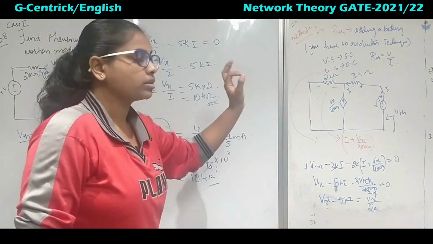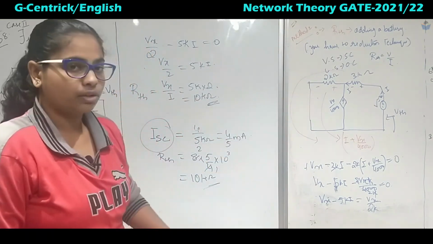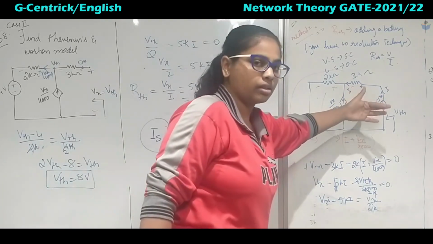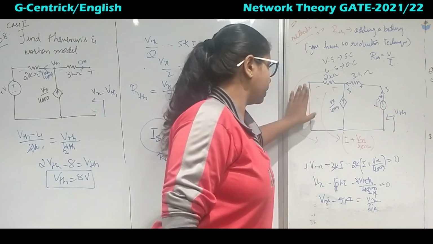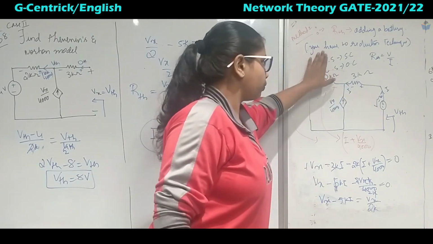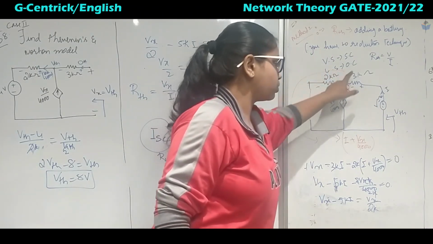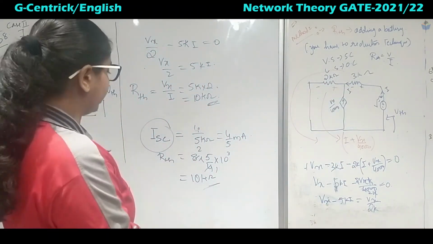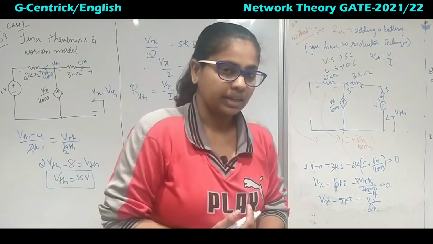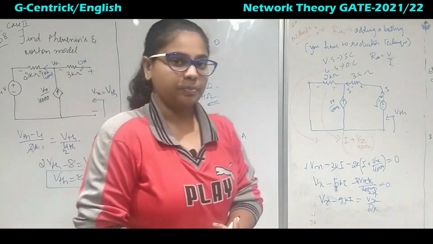And the second method is where you are going to add a 1 volt battery or just a battery V. You can take any value for that, or just keep it as V. Next you can calculate using this, deactivating the sources. So for the voltage source you will short circuit, and for the current source you will open the branch. Okay, so this is about case 2, and we'll see a few more problems in the next video, and also case 3. Okay, thank you.